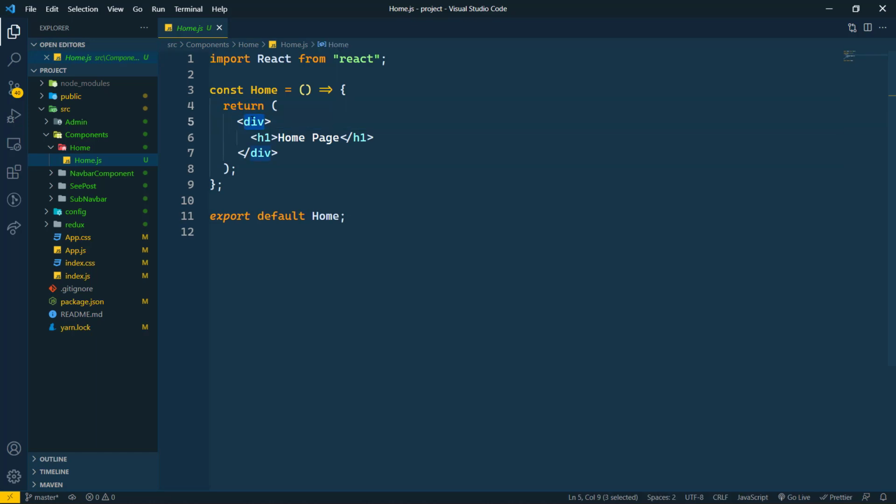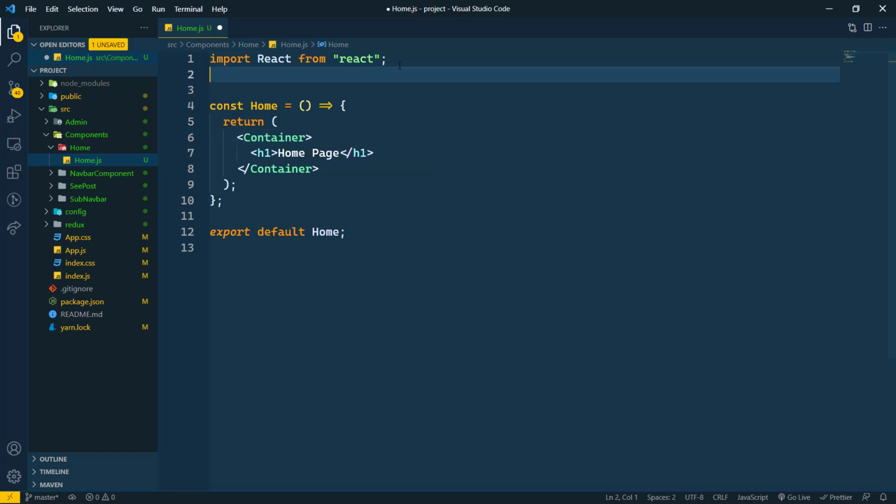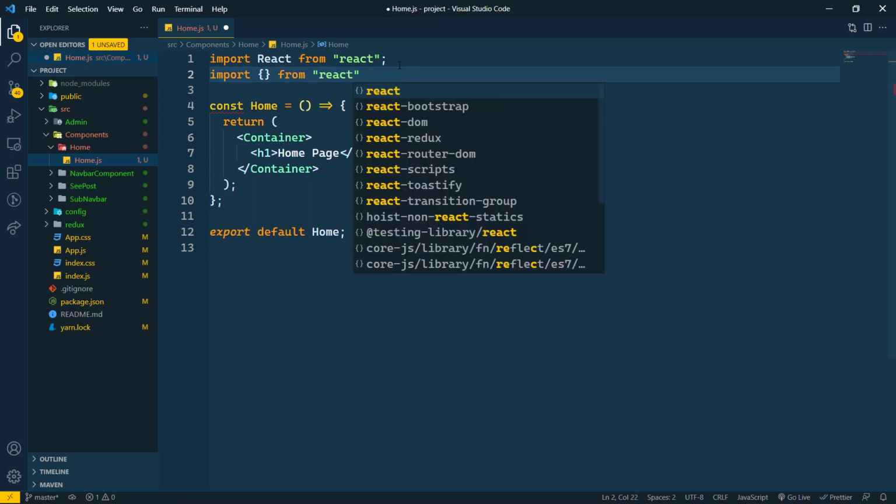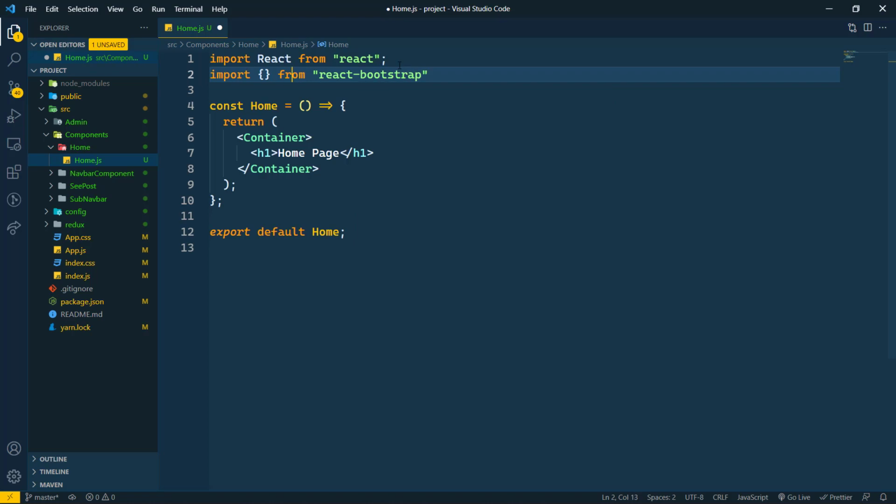For that I'm going to use React Bootstrap, so we will import the container from that. Let's import from React Bootstrap.